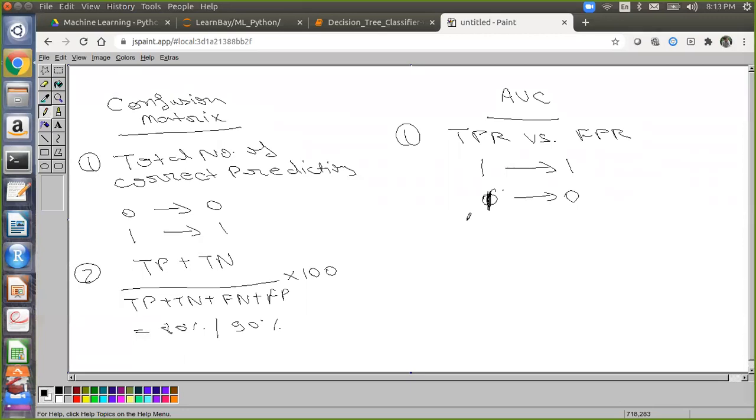So how many times your prediction was 1 and actually it was 1, and how many times it was predicted as 1 but actually it was 0. Actually it is 1 but predicted as 0, actually it is 1 and predicted as also 1. Now it talks about 1. Now let's discuss why this particular matrix. Confusion matrix is straightforward, it is clear to us: total number of correct predictions, 0 as 0, 1 as 1. But area under the curve only talks about 1 being predicted as 1. So how many times is my model able to predict 1 as 1?